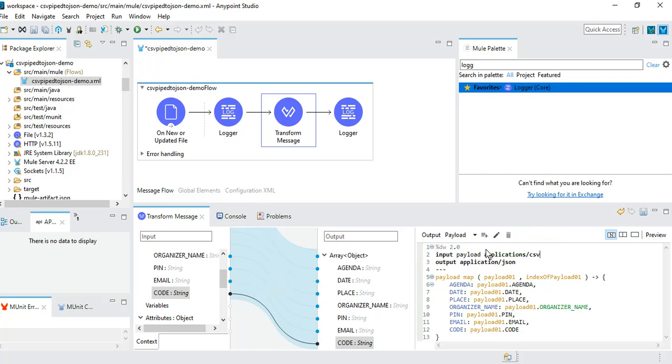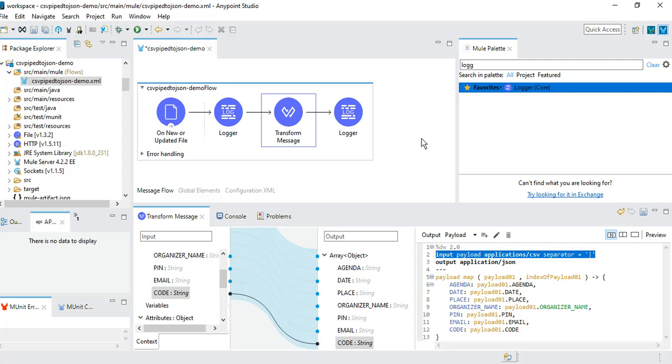So input is CSV, and then I will say separator equal to, in single quotation, that pipe. So this line is crucial to have.